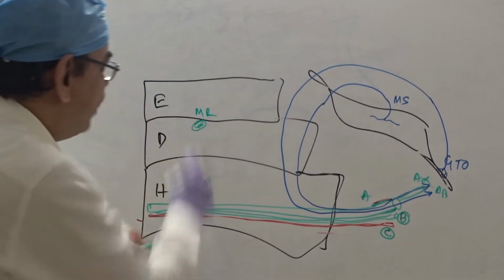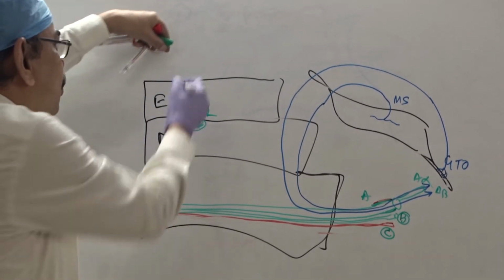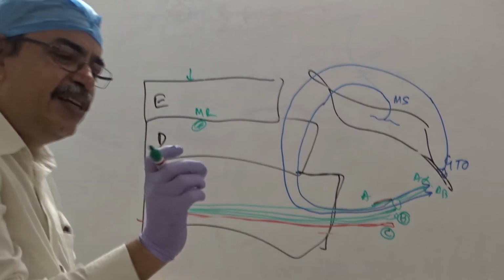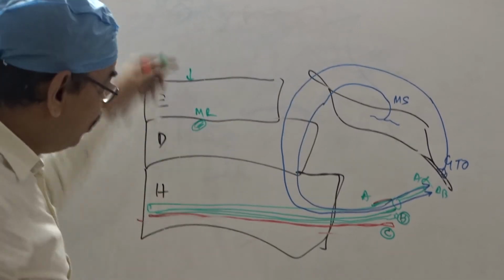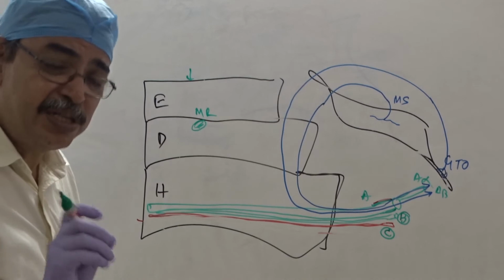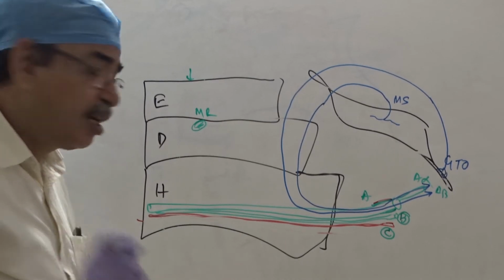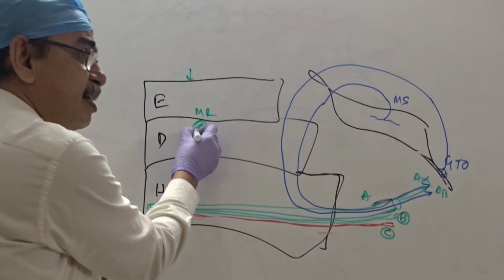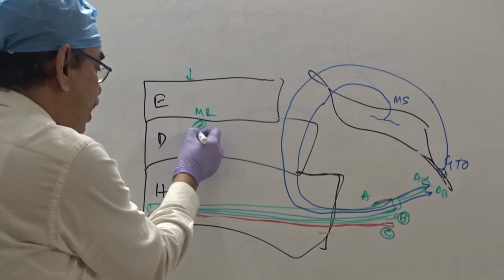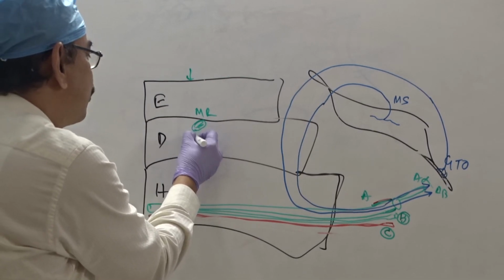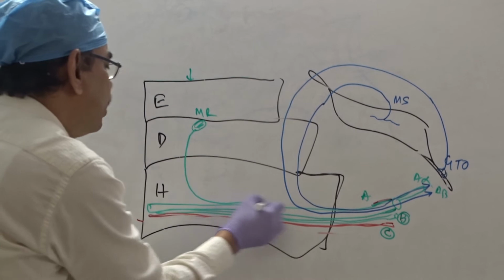With this pressure, it is compressed, even with the light touch. It changes its configuration, and that generates the electrochemical fluctuation, which is propagated through the A beta fiber